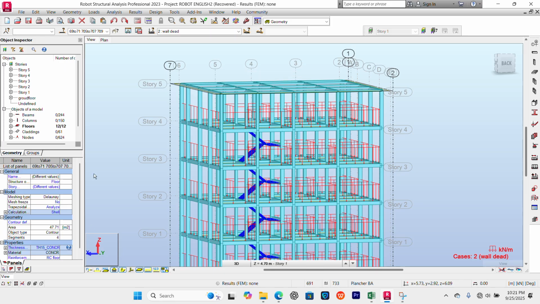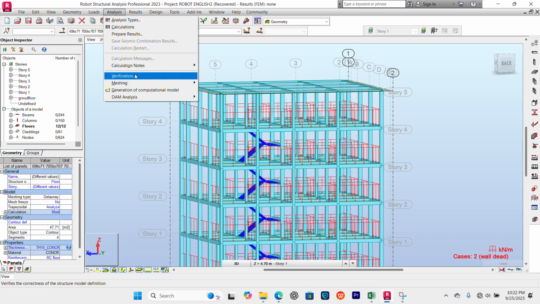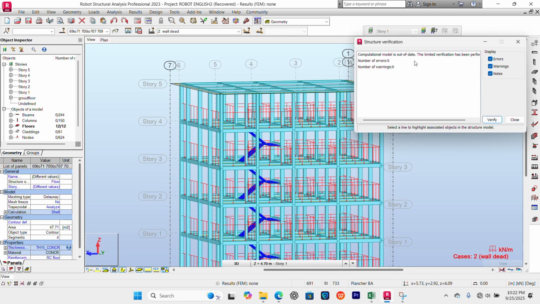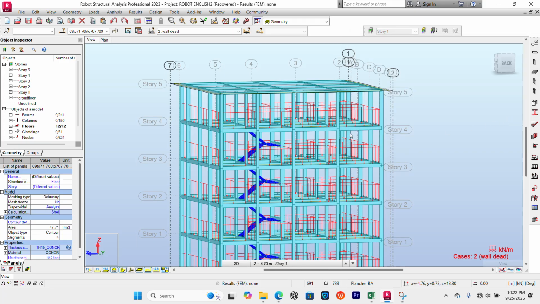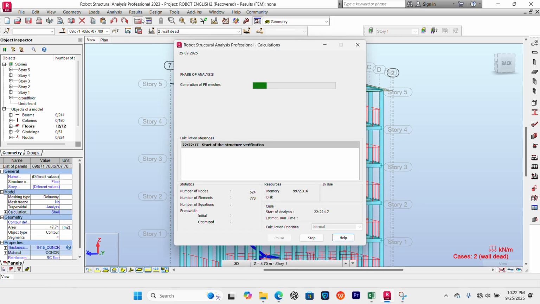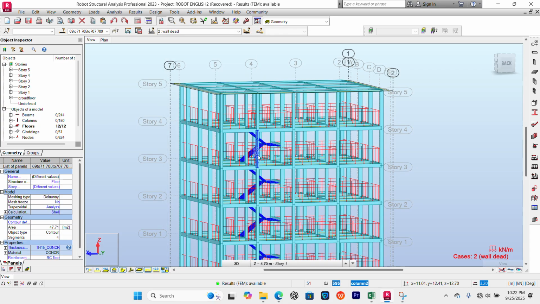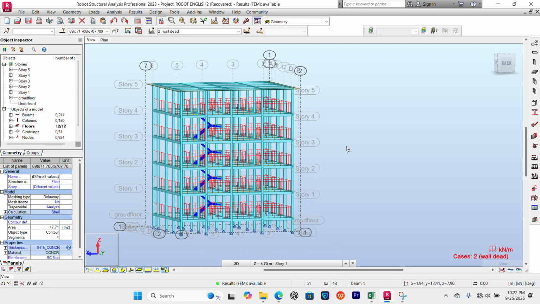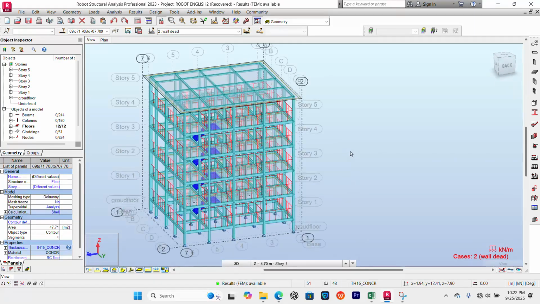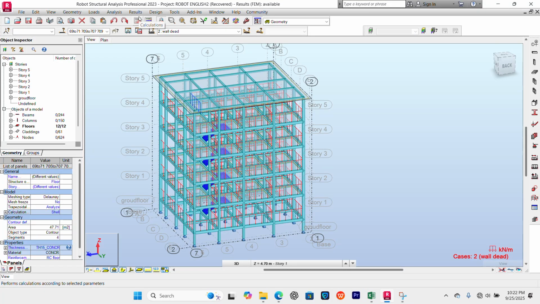Now, after doing the load application, we are going to run the verification. So we come here, verification, to make sure we do not have any error, no warning. If there was an error, then we had to correct it before starting the design. So I double click again on it. We can click again now on calculation, to see what it's going to give. So right now we have made the calculation of our structure. We have launched the calculation by coming here and clicking on calculation.